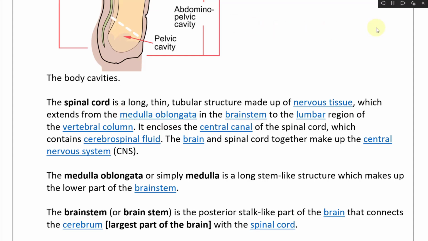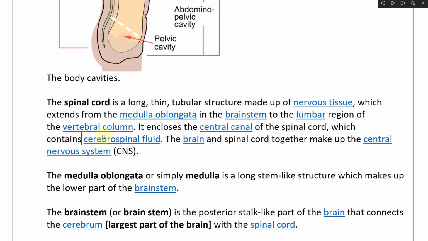Let's see this. Medulla oblongata, or oblongata. That's how I've been used to pronouncing that, so I'll stick with that. So medulla oblongata, in the brainstem. So it extends from the medulla oblongata in the brainstem to the lumbar region of the vertebral column. It encloses the central canal of the spinal cord, which contains